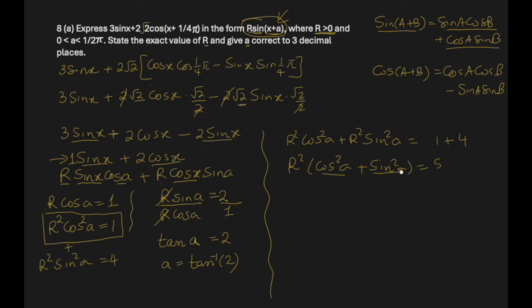We know cos square a plus sine square a is 1, so r square is 5 and r will be plus or minus square root 5. But they have clearly said r is greater than 0, that means negative must go, just positive. So the question was expressed in this term. We know r now, we know a now, so we can write it. The final answer will be square root 5, which is the exact value of r, then sine